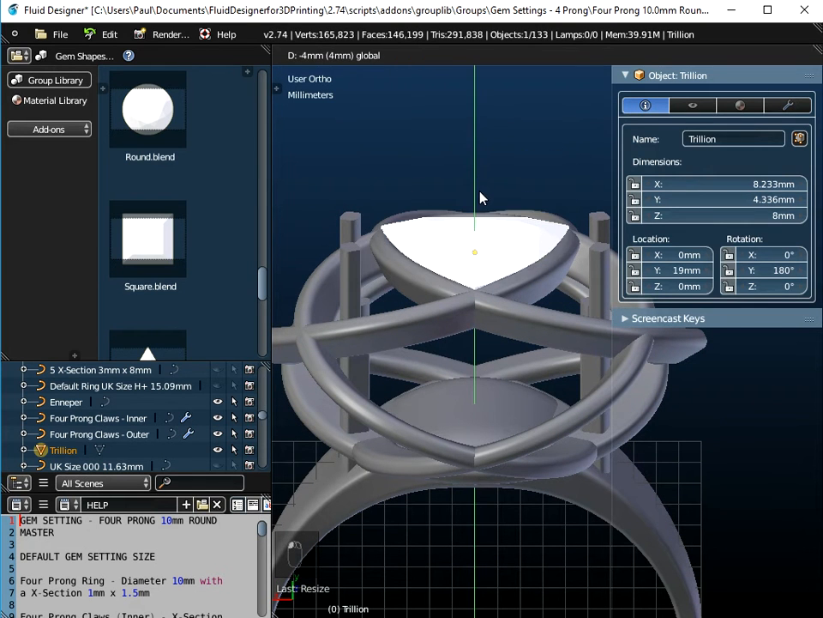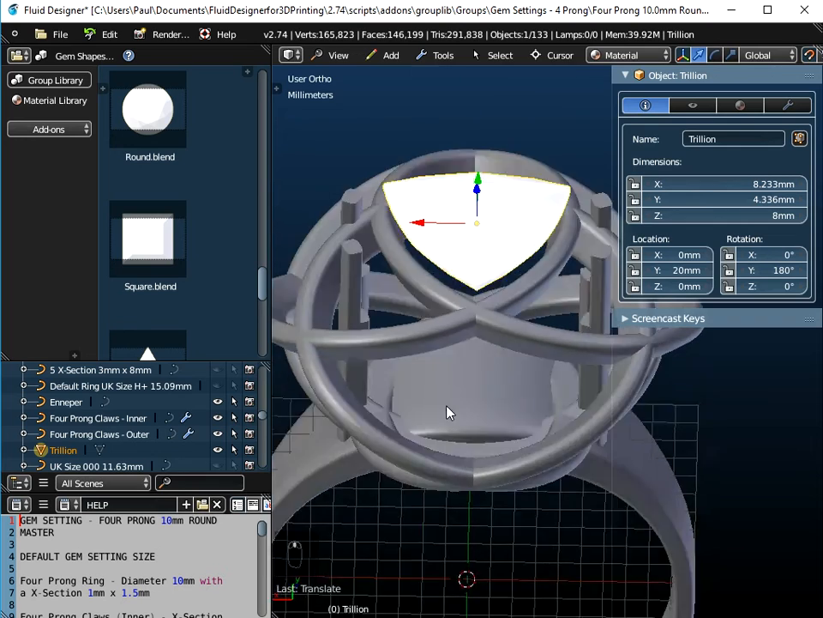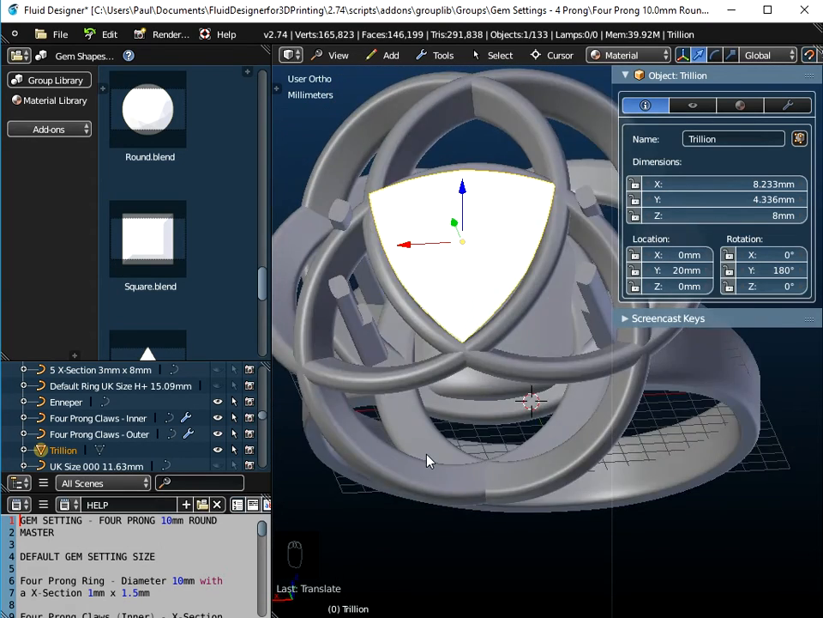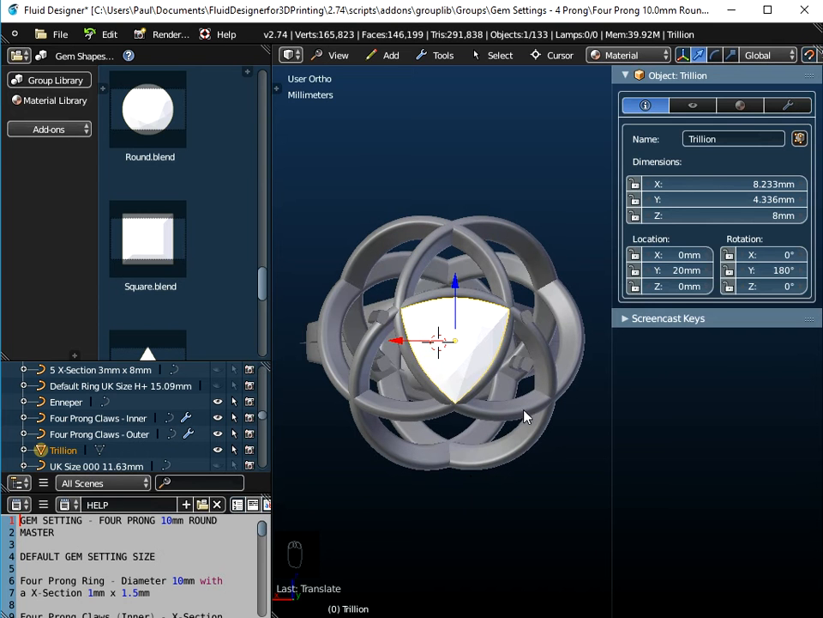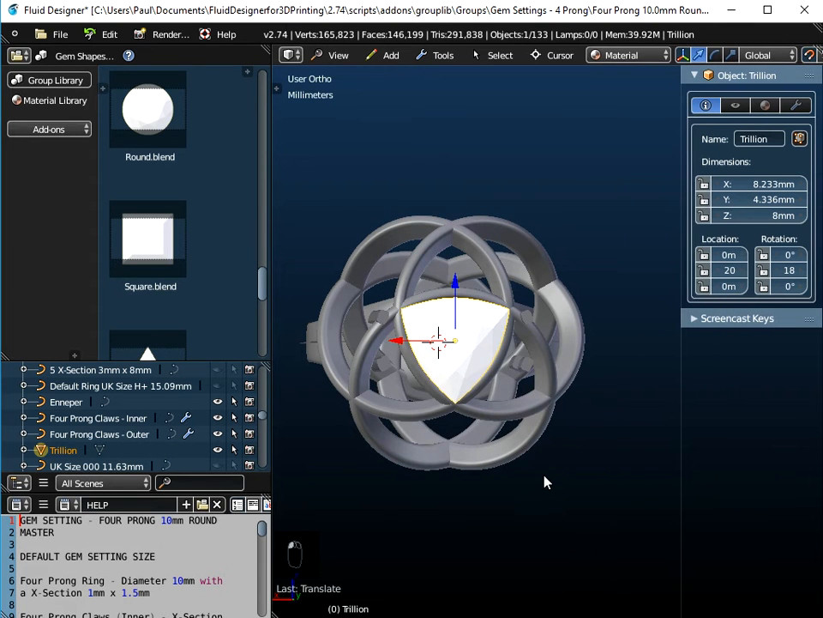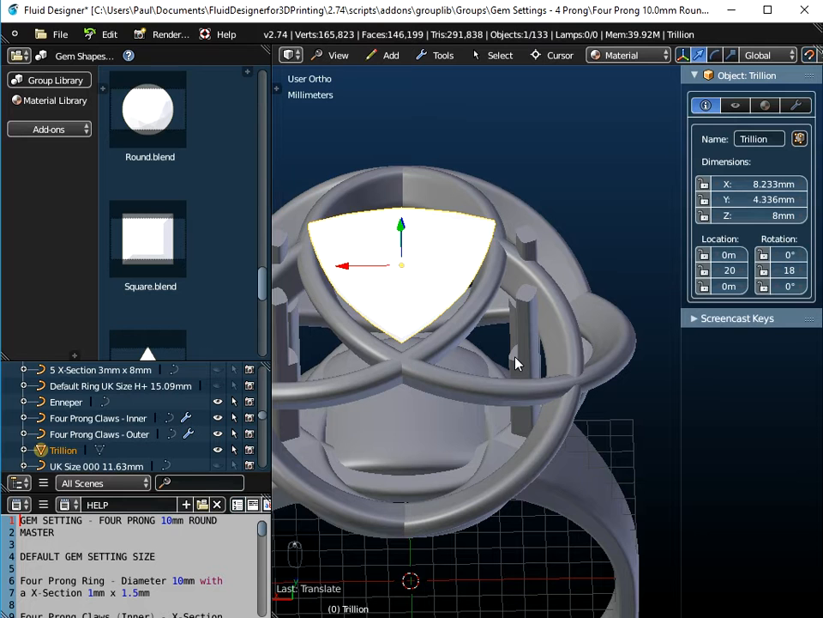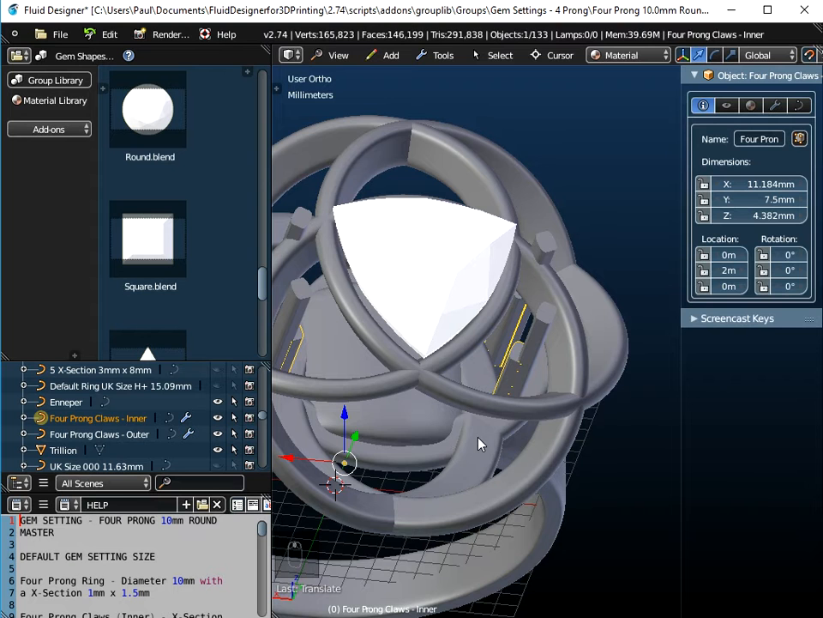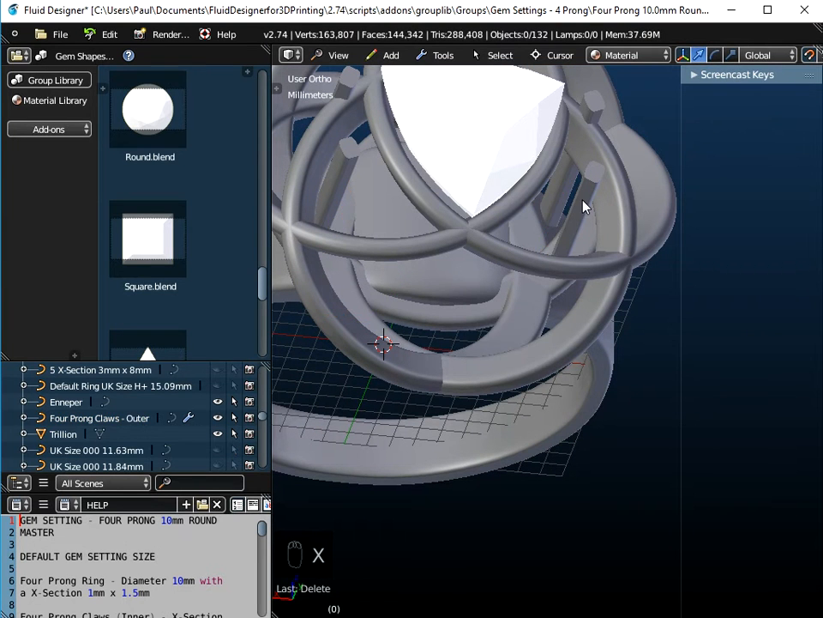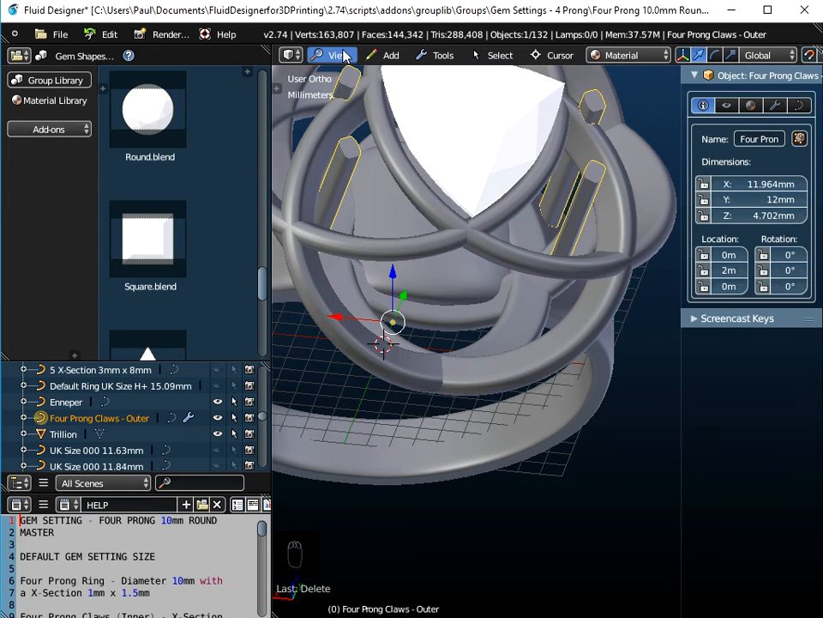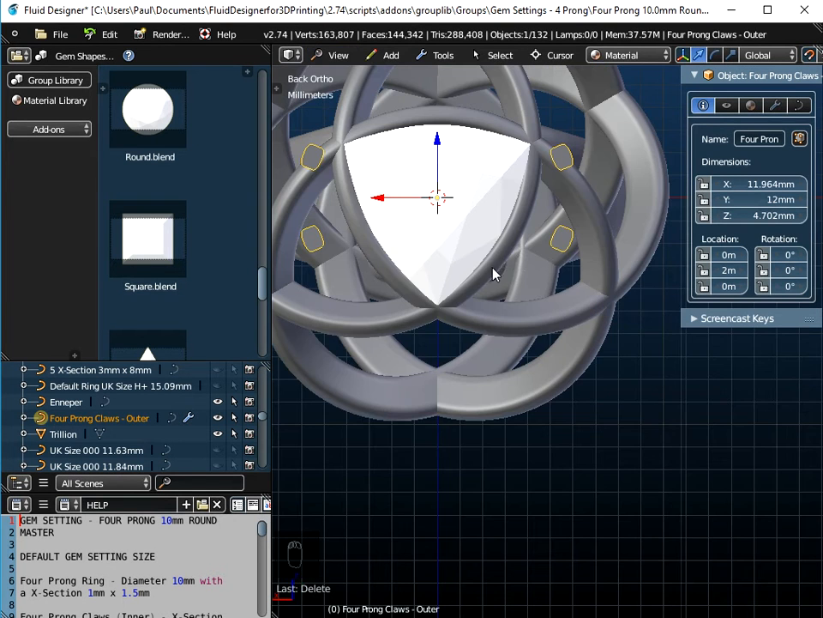And so that gem will fit quite nicely there into the Enneper curve, and all we need now is some prongs to actually locate it. So we have got some prongs on the screen here. The inner one I'm going to delete, so I just press the X key on the keyboard to delete that. And if I go to view and back view,